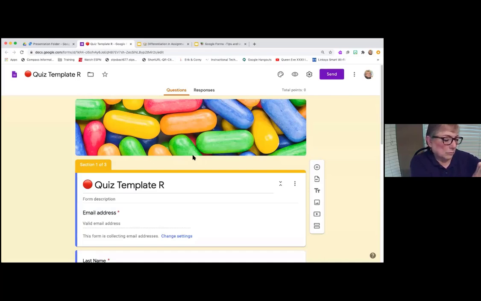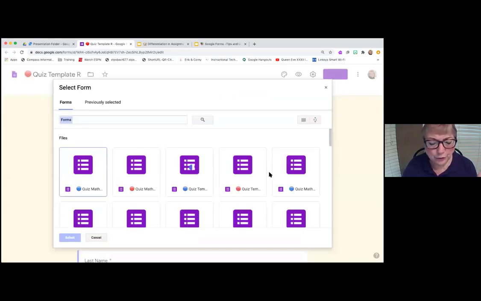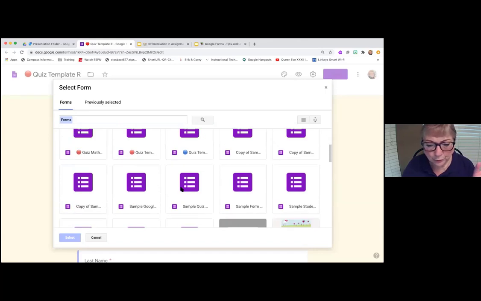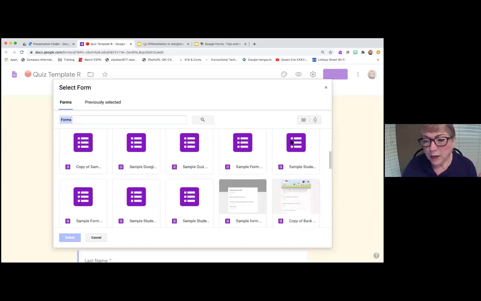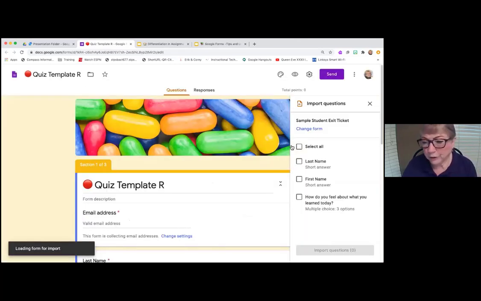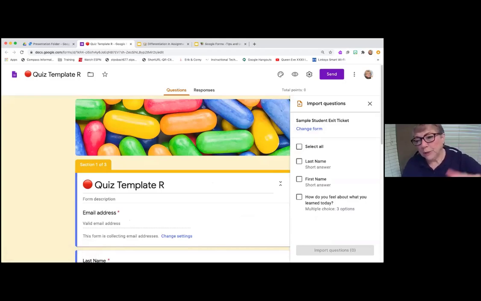And do we have any other questions from anyone before we wrap up? Desiree, if I have 30 seconds, I think I do. I wanted to just point out importing questions. If you want to import questions from anything, like a sample student survey or something, you can pull it up. Here's an exit ticket I made. You can actually just click questions to add in.